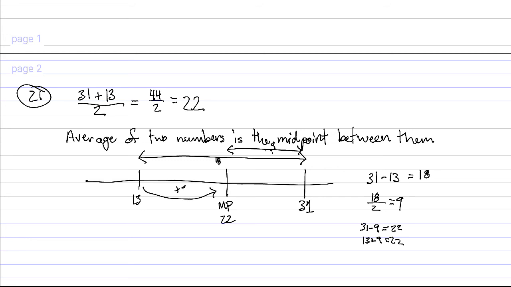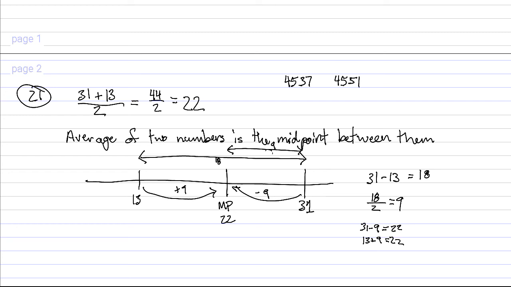So plus 9, minus 9. It's important to remember that, not for this particular case, because this is pretty easy, right? But let's say the numbers were like 37 and 45,